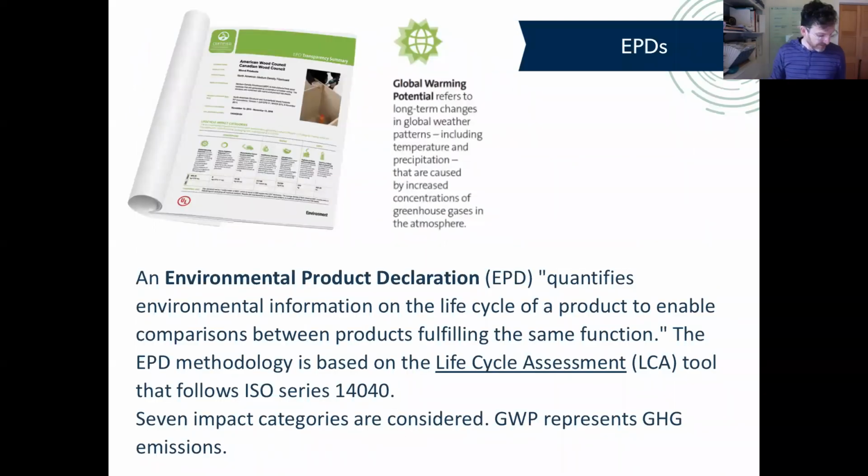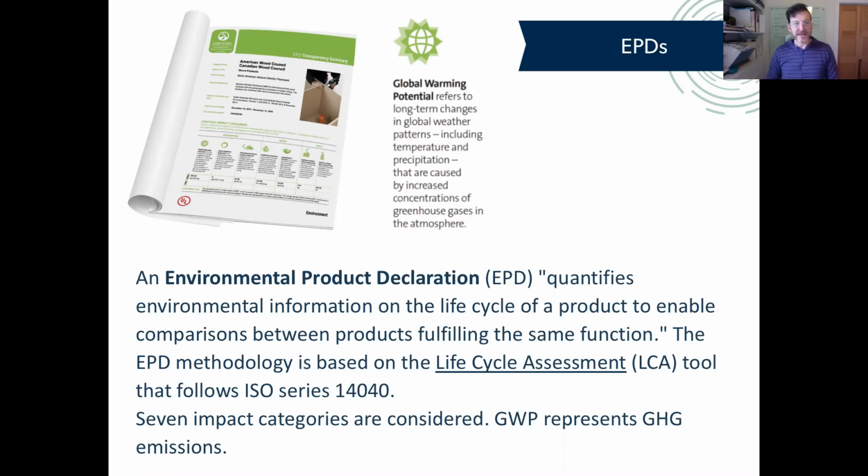Okay, so I'm going to get into a bit of the data now. So everything that we typically use in figuring out what the carbon footprint of a building will be, and especially if you're focusing on the materials side of things, is going to come from environmental product declarations. And an environmental product declaration is a way of expressing the results of a life cycle assessment. It's guided by an ISO standard for life cycle assessment,